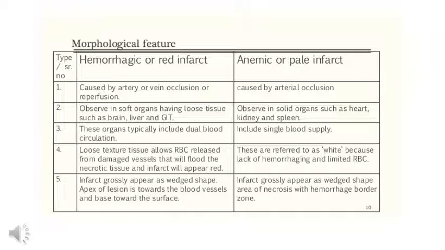So in any such tissues, there will be less chance of infarction, because if one supply is occluded, then it will be compensated from the other supply, because two supplies are present. It cannot cause a severe condition, it cannot cause infarction, because if a tissue is supplied by two blood supplies, two blood vessels, two arteries,